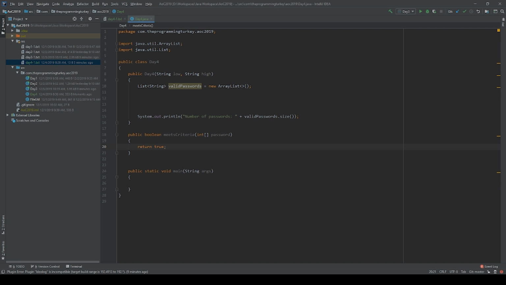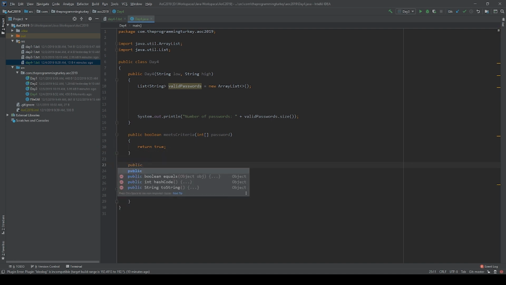Well, that is going to be given because we're not going to deal with anything that's not 6 digits. So that one's easy, good enough, done. The second one is within the range of our puzzle input. That'll be handled as well. The 2 adjacent digits are the same. All right. So we need to do